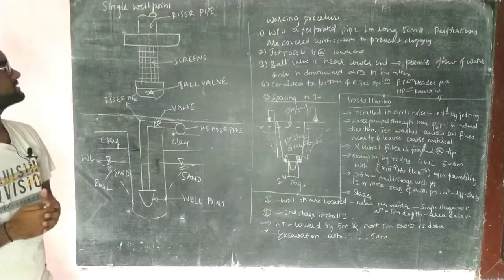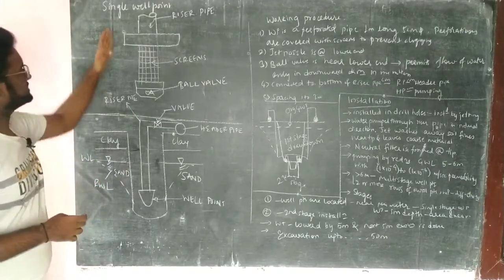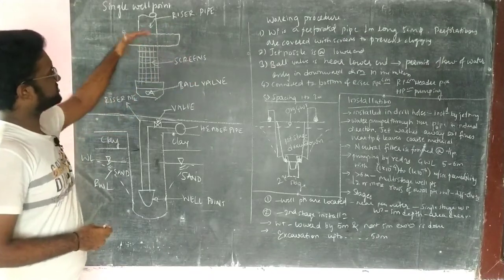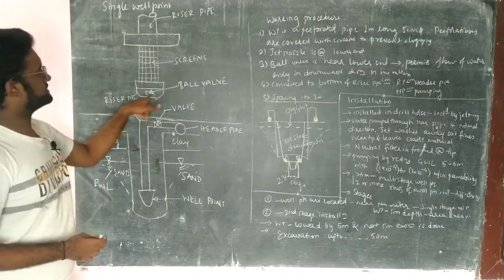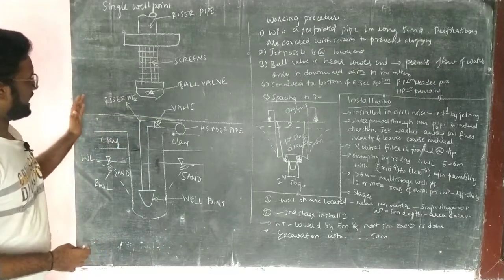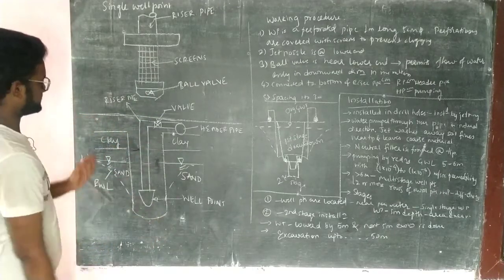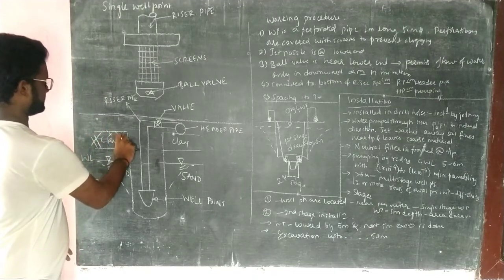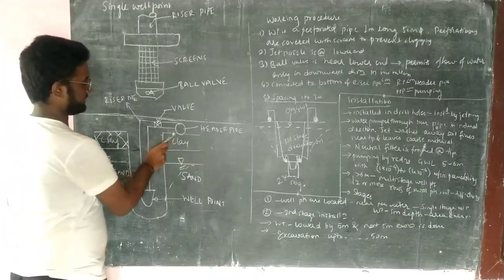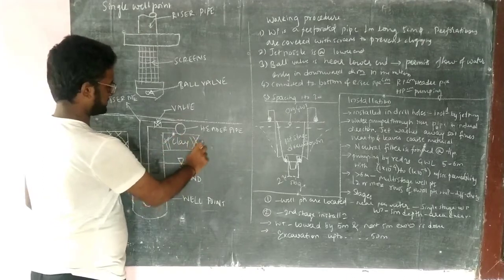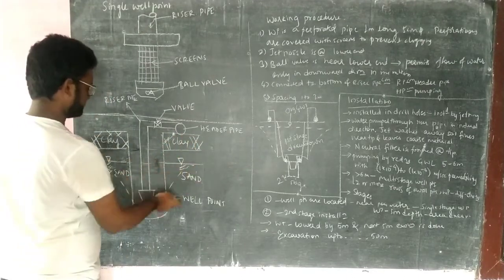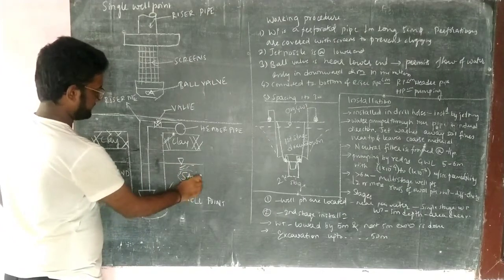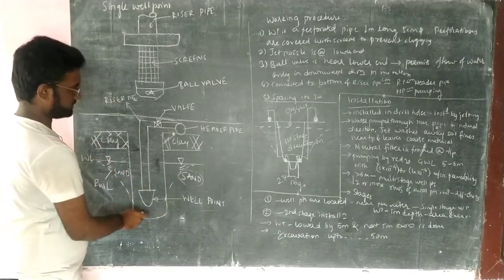Start discussing the single well point. This is the picture of a single well point. You can see this is the riser pipe, the screen which is present below the riser pipe, and this is the ball point valve. And how it is installed in the ground is mentioned here. This is the clay portion, the upper surface is clay. This is the water table, and this is the well point, and below the water table there is sand, and this is the reduced water table.